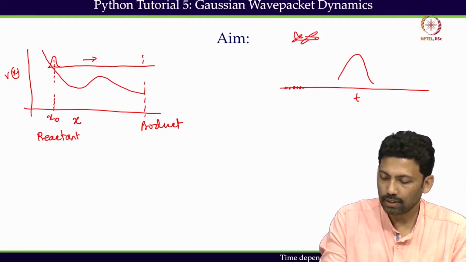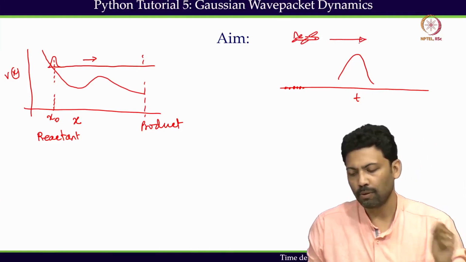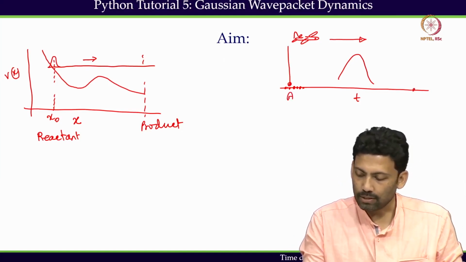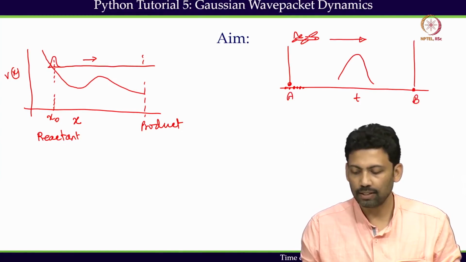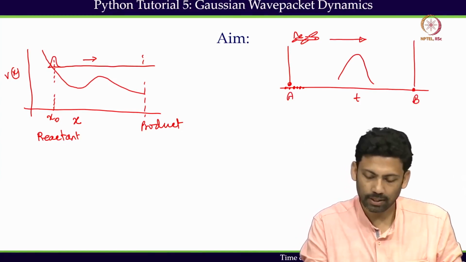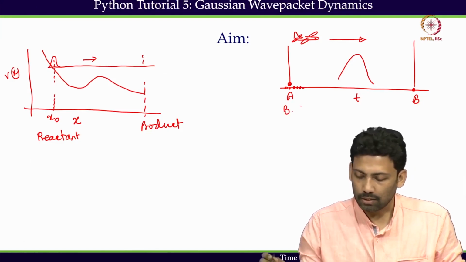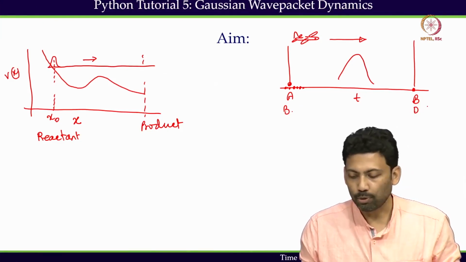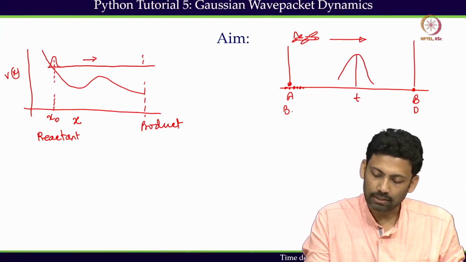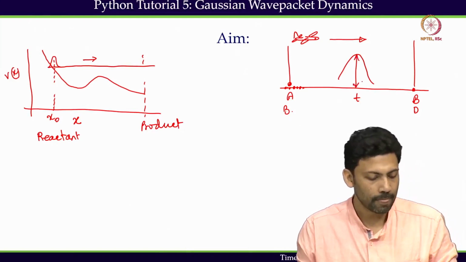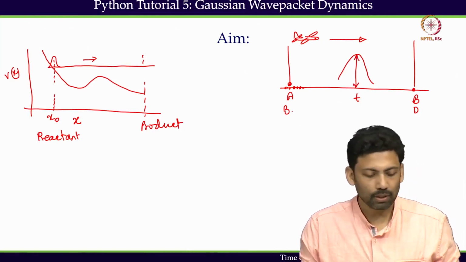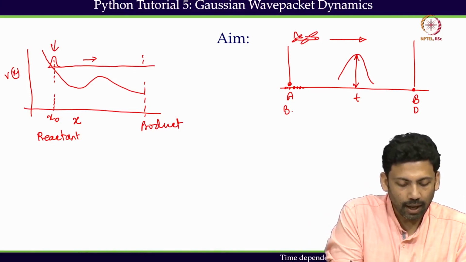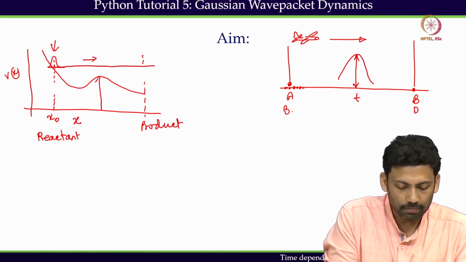When a flight is flying over the mountain, it can reach from point A to point B. That's the classical picture. It can reach from point A to point B, from let's say Bangalore to Kochi or Delhi. It can reach there with 100% probability, as long as it is above this barrier of the mountain. But whenever we think about the quantum dynamics, you look at this particle is actually having energy above this barrier,